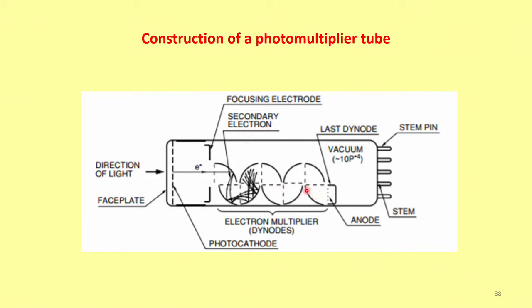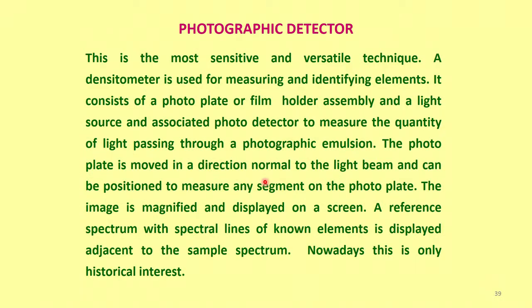So, these secondary electrons are all maintained in a box containing approximately 10 raised to minus 4 torr pressure, and after the last dynode I have a stem pin and then the collection of the electrons that is connected to the ADC. Okay. Now, there are other types of detectors, but they are not very important as far as this ICP AES